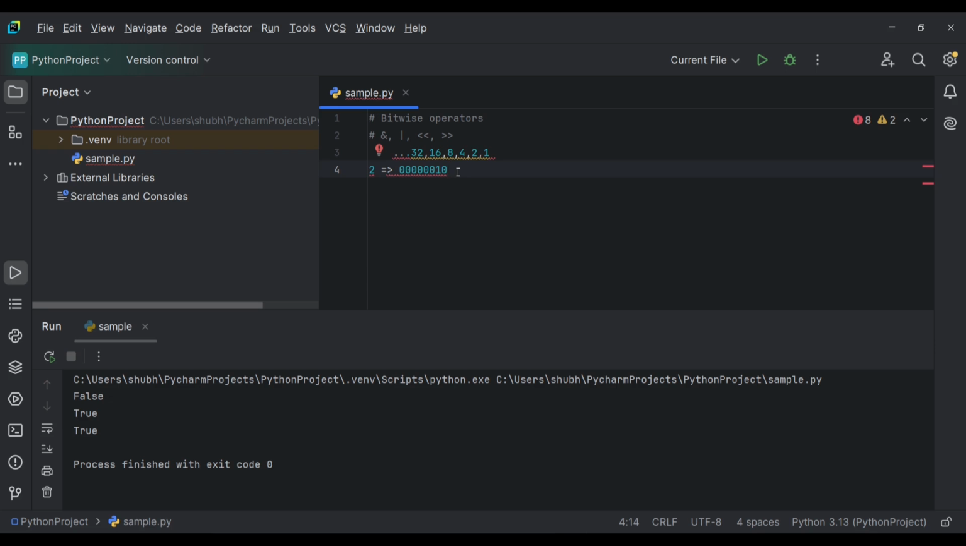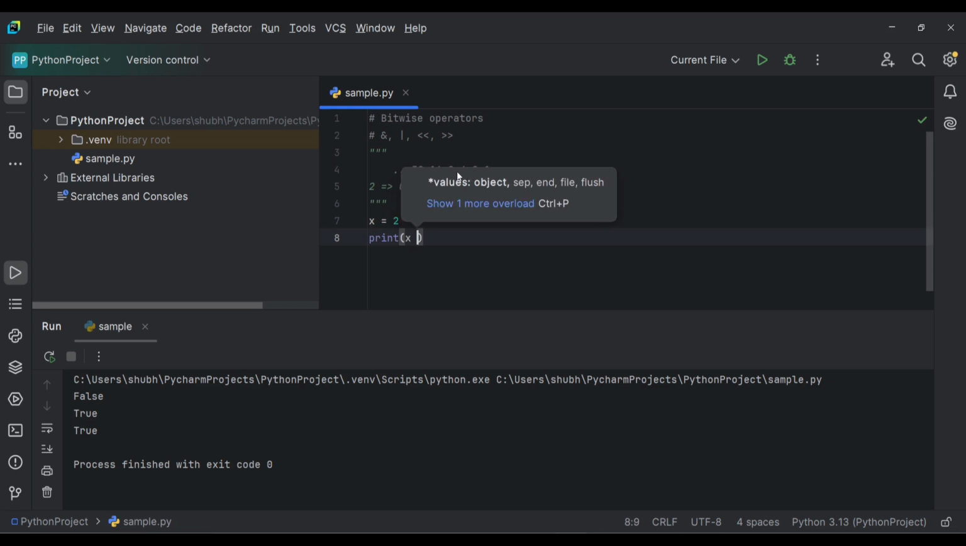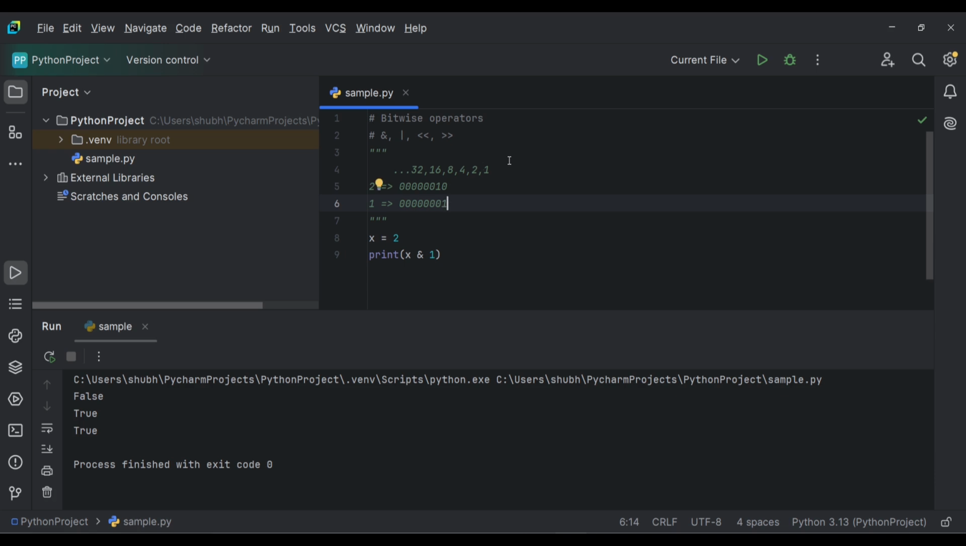Let's go with 2 only. So x equals 2, and let's make this a multi-line comment. Let's say x equals 2. So print x and 1. For 1, the bits will be 0, 0, 0, 0, 0, 0, 0, 1, because 1 is at the last place and the rest of the bits will be 0. So if we do an AND operation,